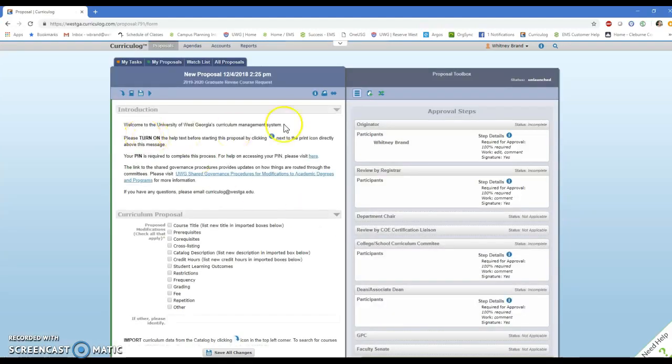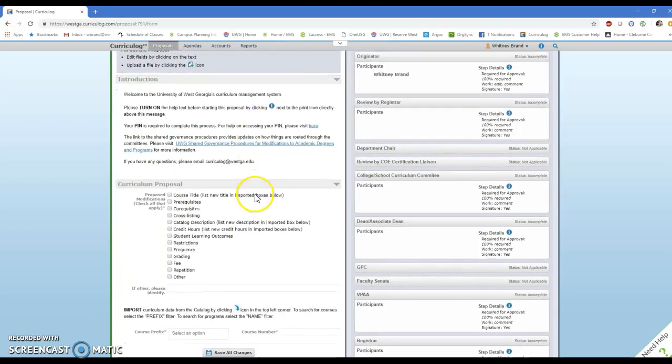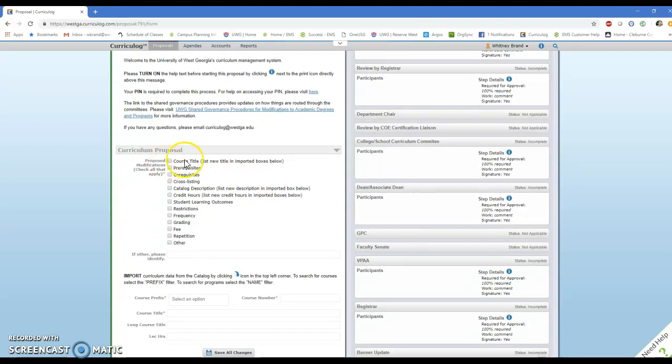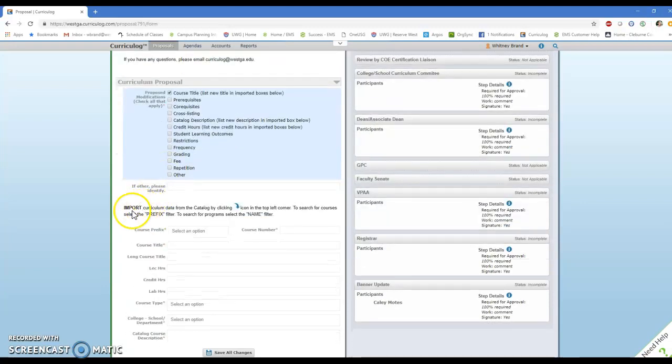As always, the first step is to turn on the help text. Scroll down to the first section. You're going to choose the proposal, the modification that you're wanting to make. This one's going to be the course title. The next step is to import the curriculum data from the catalog by clicking this icon on the top left